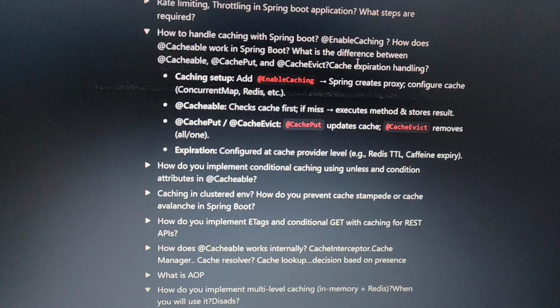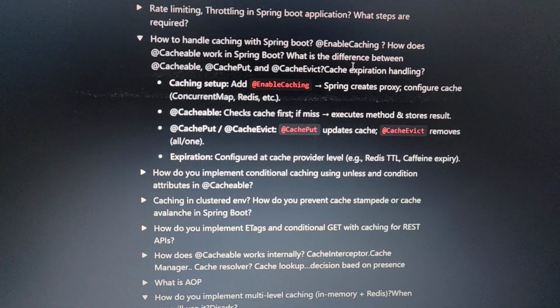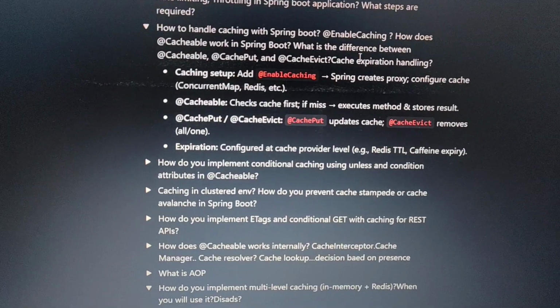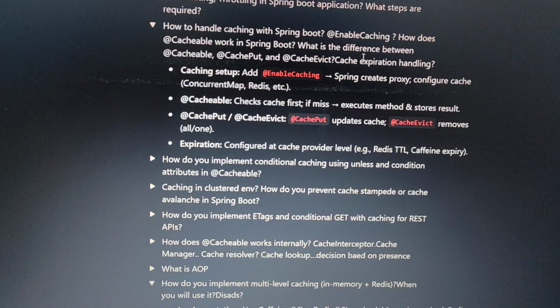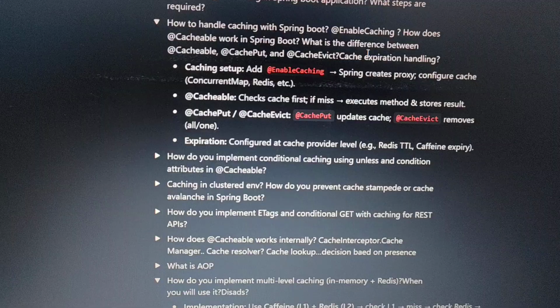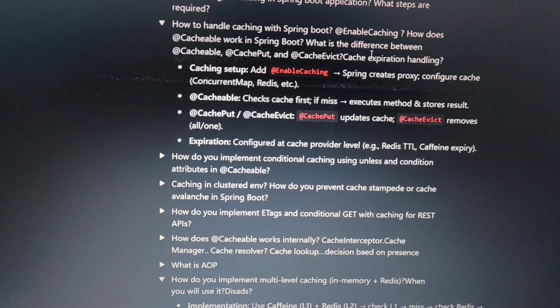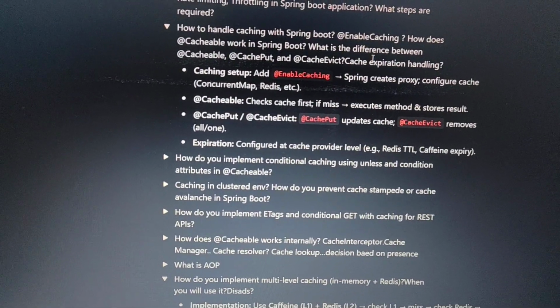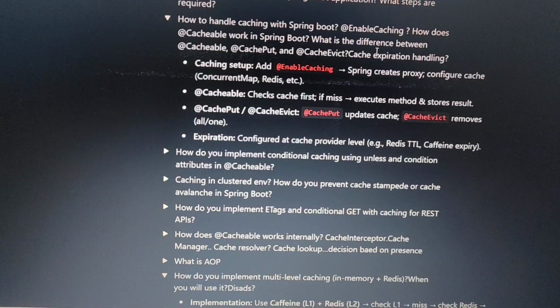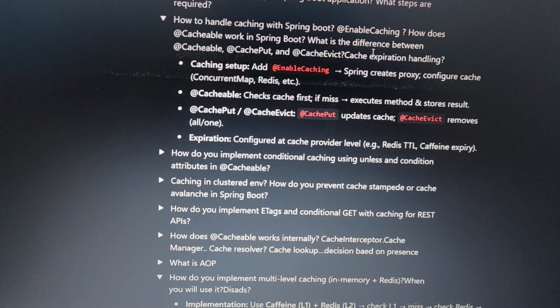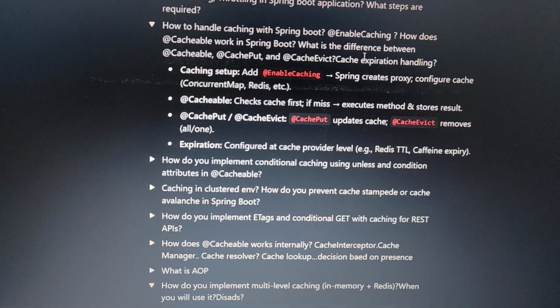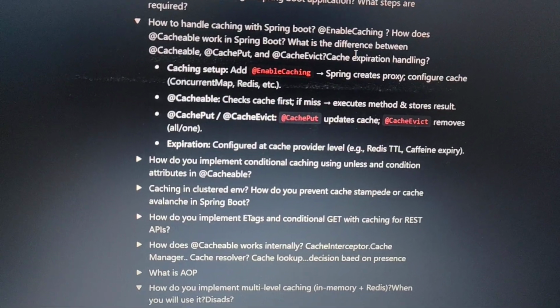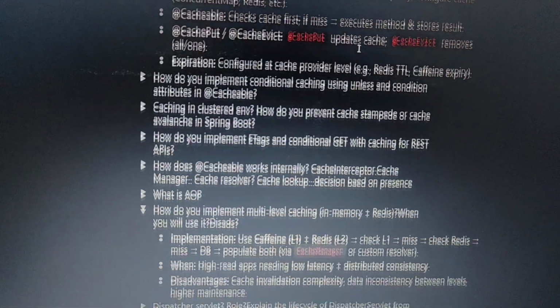Then you have cacheable. Cacheable is also good, like how you can define cacheable. Basically you use cacheable on the get methods. Every time you are trying to fetch something, you check, okay, can you send the same data which you used last time, and you can send it. You have cache put and cache evict for your put and delete queries, so that your cache knows that okay,